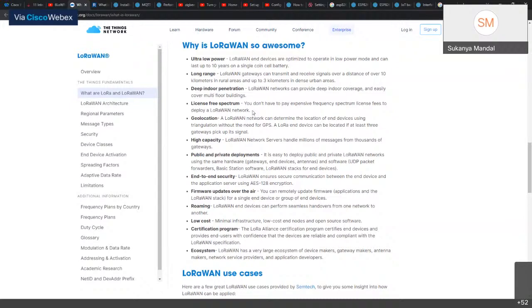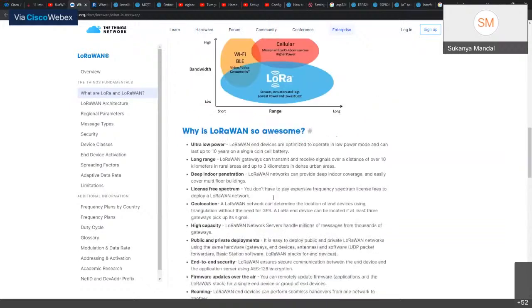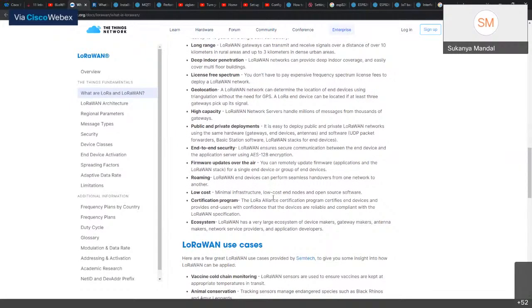License free spectrum. You don't have to pay expensive frequency spectrum license fees to deploy a LoRaWAN network. So it's license free, and since it is maintained by an alliance, it is open. Geolocation. A LoRaWAN network can determine the locations of end devices using triangulation without the need of a GPS.